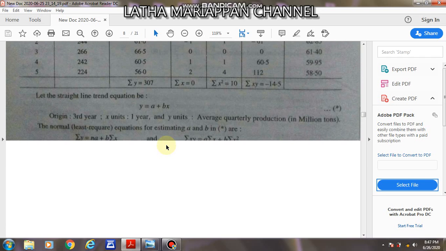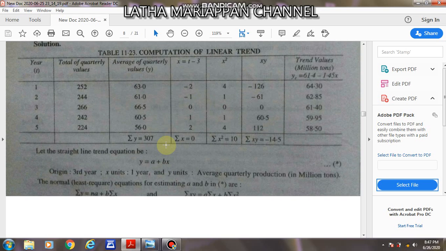The computation I have given here. Now, ratio to trend, in the sense, directly you have to think about the linear trend equation. So what is the linear trend equation? This is the linear trend equation: Y is equal to a plus bx. For the linear trend equation, immediately you should recall the normal equations in your mind. There are two normal equations to find your linear trend. After seeing ratio to trend, you have to write down this formula. One is the straight line trend equation, another is the two normal equations.